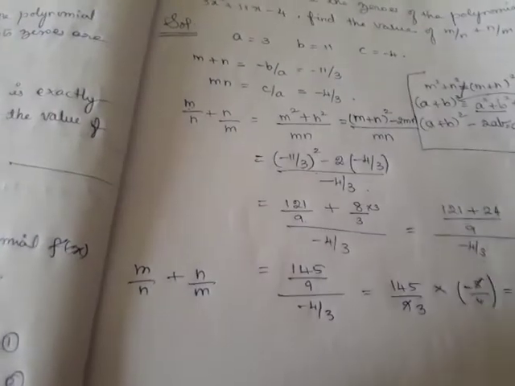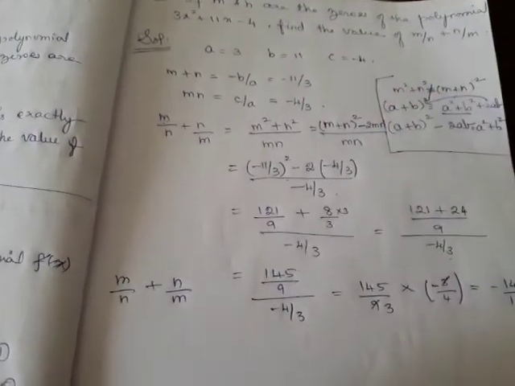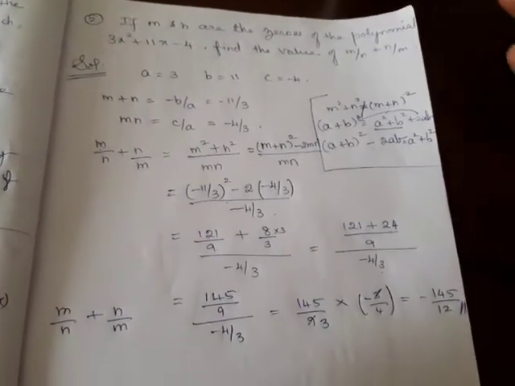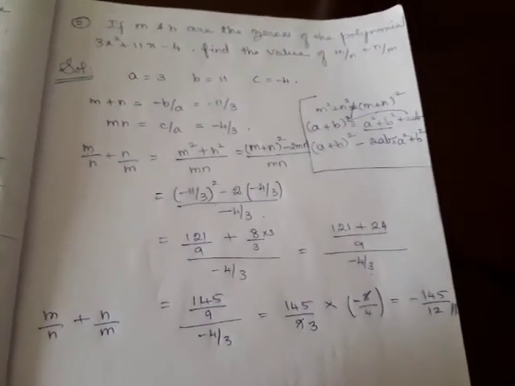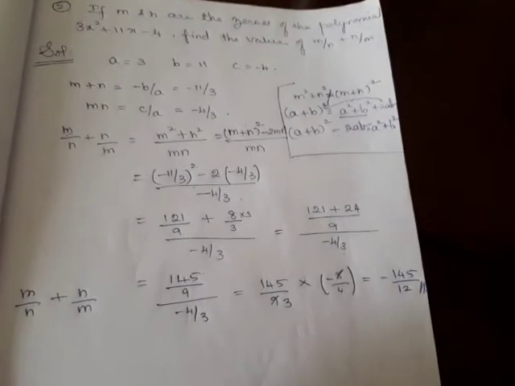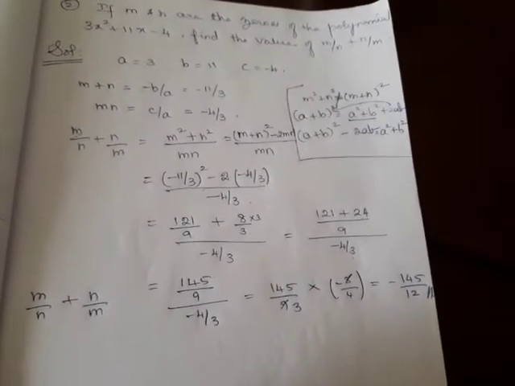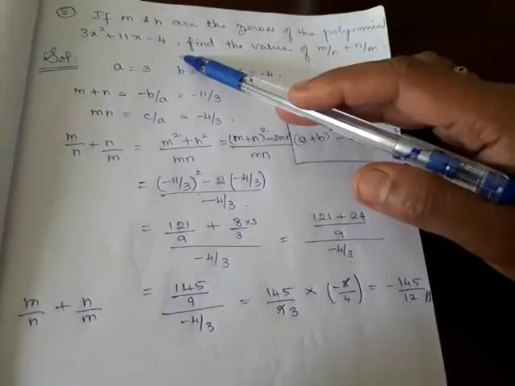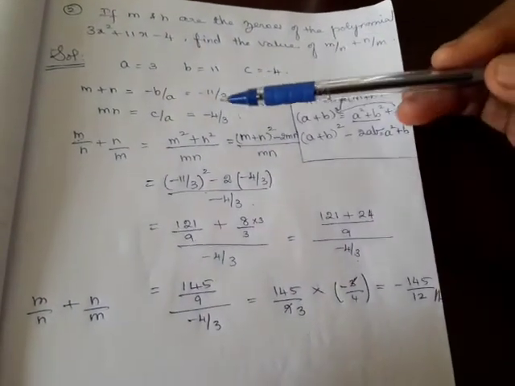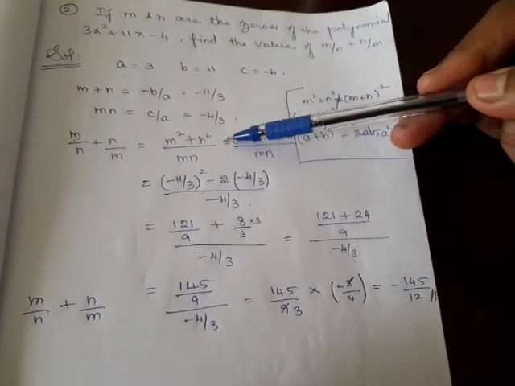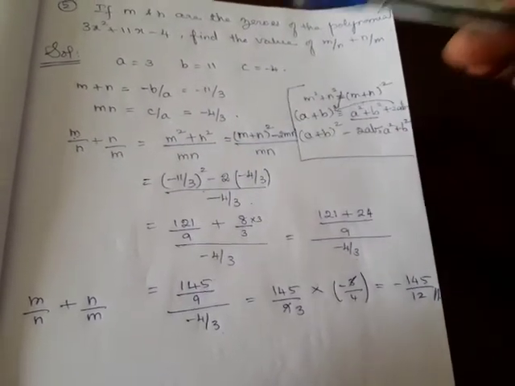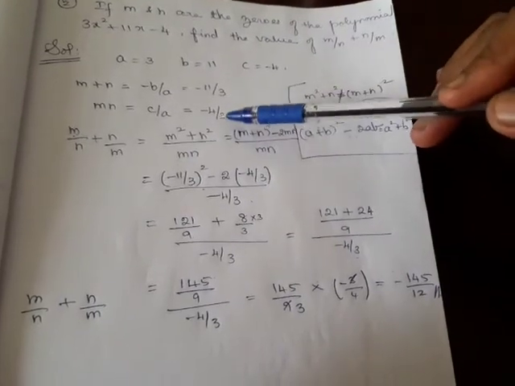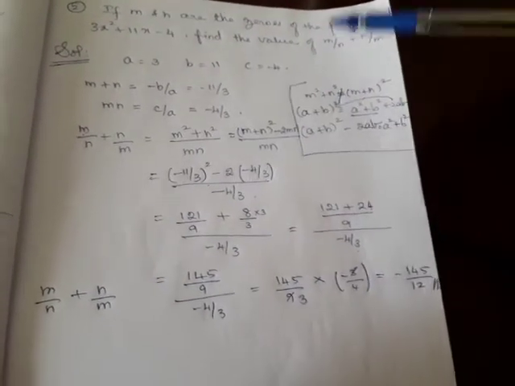So far we have solved two types of problems where they have given you some relation of the zeros and they asked you to find some other relation between the zeros. So the procedure is same. What you should do? First list out the values of a, b, c from the given polynomial. Then write what is sum of the roots, what is product of the roots. This is the first step for any problem of this kind. First list out a, b, c, then write what is sum of the roots, product of the roots. Then move on to the question.